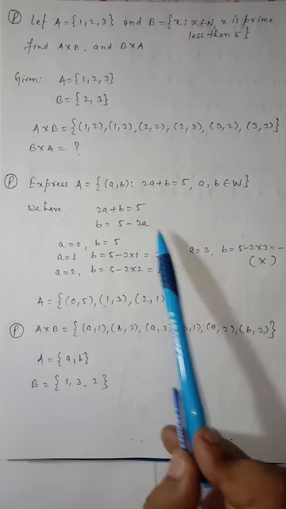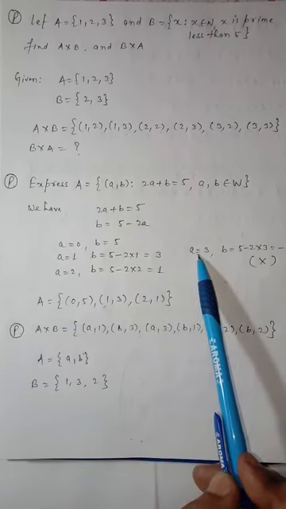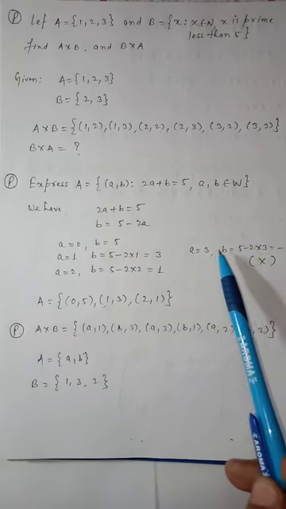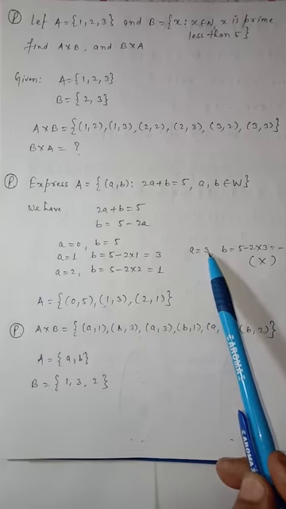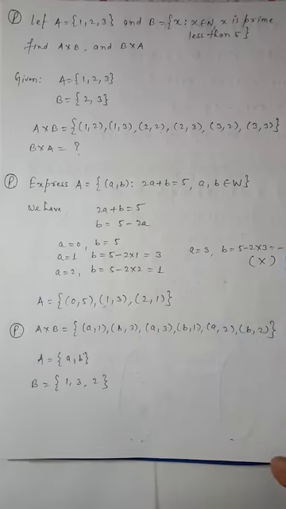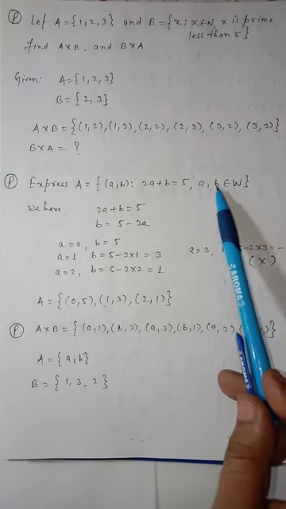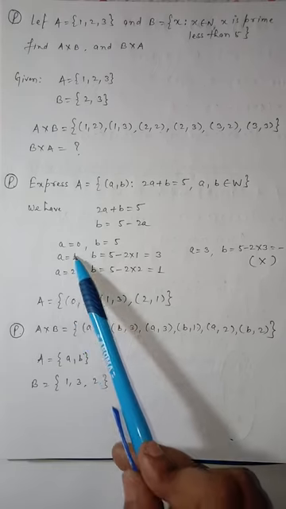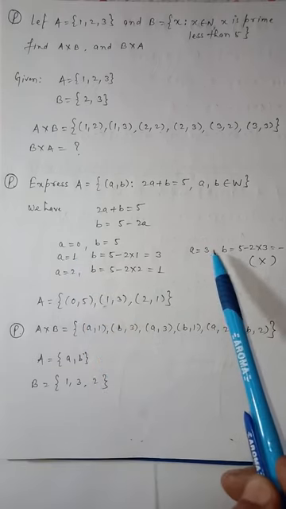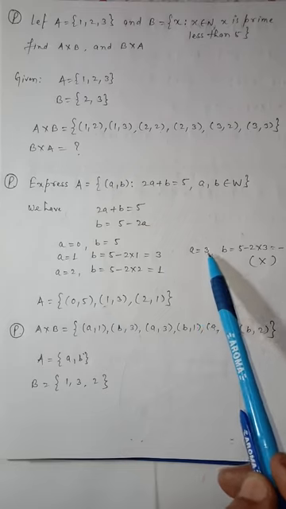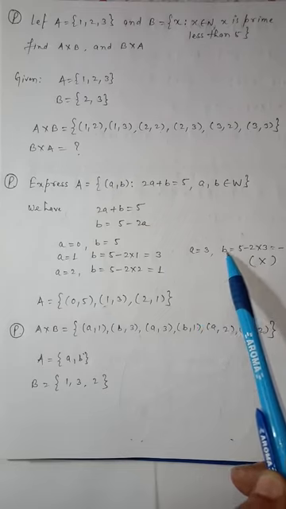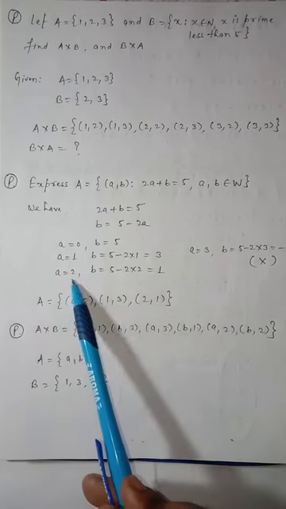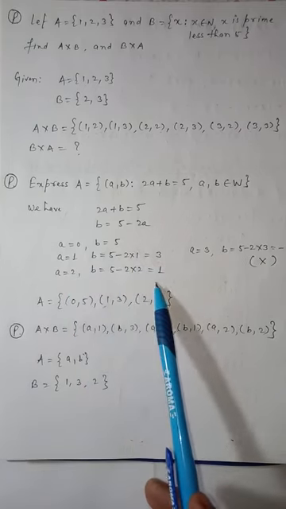Suppose you take a equal to 3, because a is a whole number, but b will be 5 minus 6, which is minus 1. So here we cannot take a equal to 3, because when a is 3, b is minus 1, and this b must be a whole number, it is given. So here we have to be careful. That's why we will stop here at a equal to 2. Although a equal to 3 is a whole number, at the same time b is not a whole number. It means we can take only a equal to 0, 1, 2 and we are getting b equal to 5, 3 and 1.